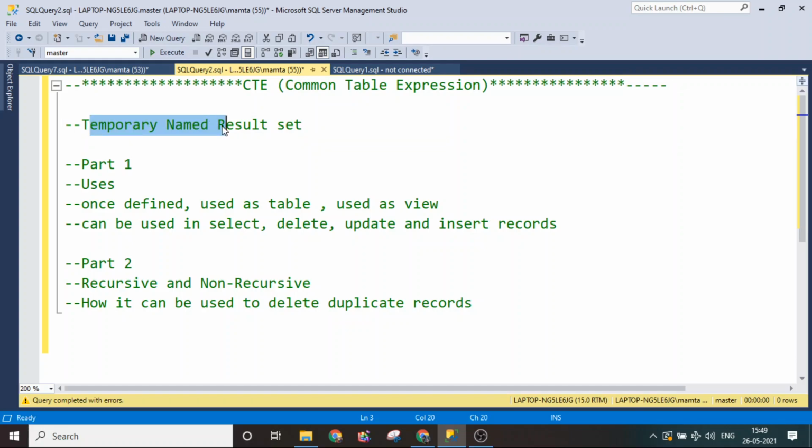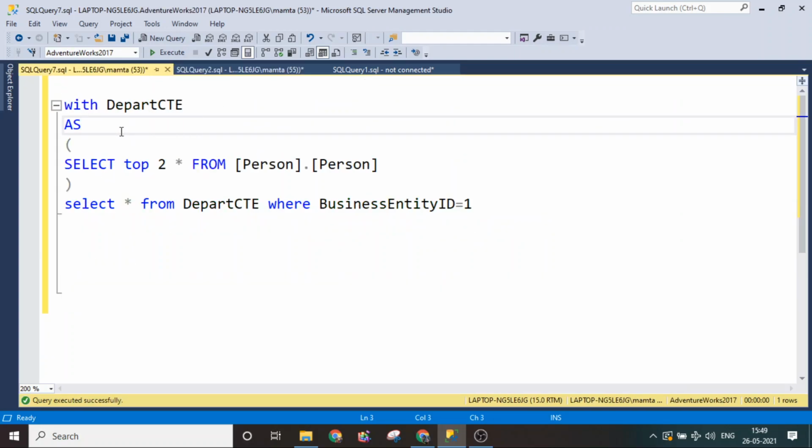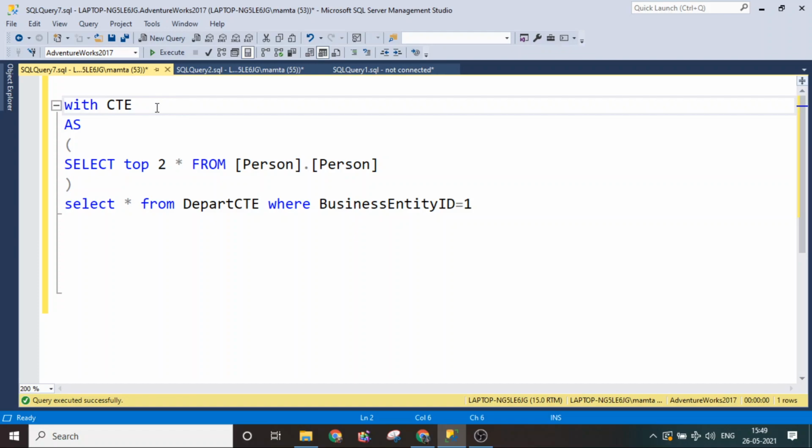Now we'll understand the syntax of the CTE. I can show you the syntax in this query pane. The syntax starts with the WITH keyword. Then you have to provide the name of the CTE. Let me give a nicer name, as this query is fetching the records of persons, so let's say PCTE. So it starts with the keyword WITH, then the name of the CTE. Then in parentheses, if you want, you can provide the column names which you are trying to fetch from the inner query.